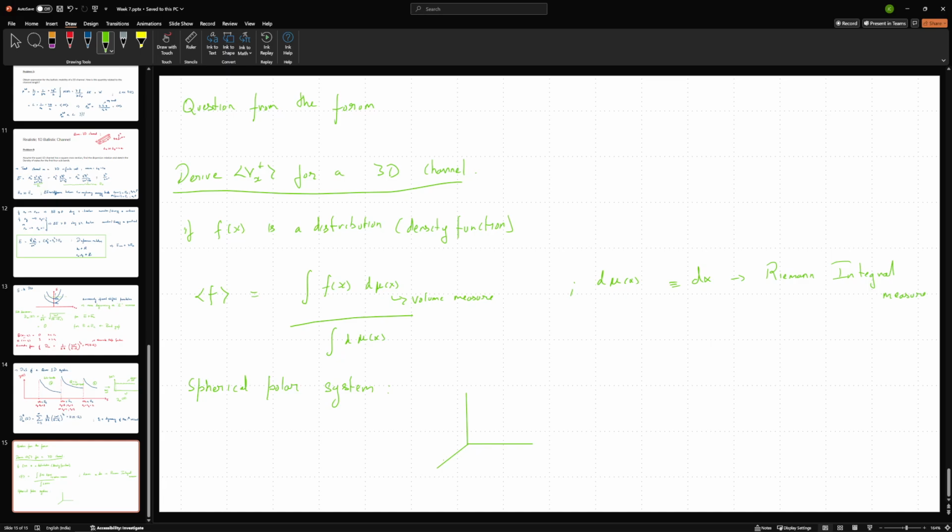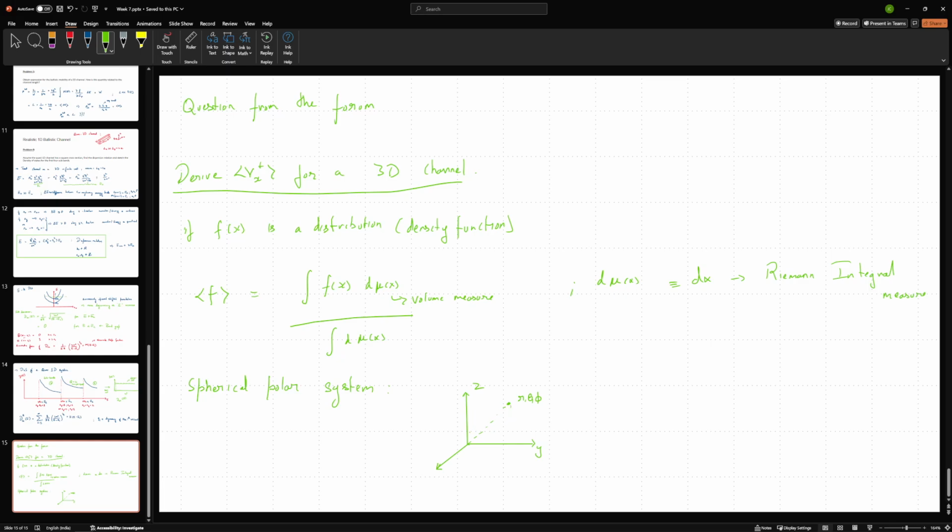So I will have my x, y, and z axis, and if I have a vector over at r, theta, phi, then